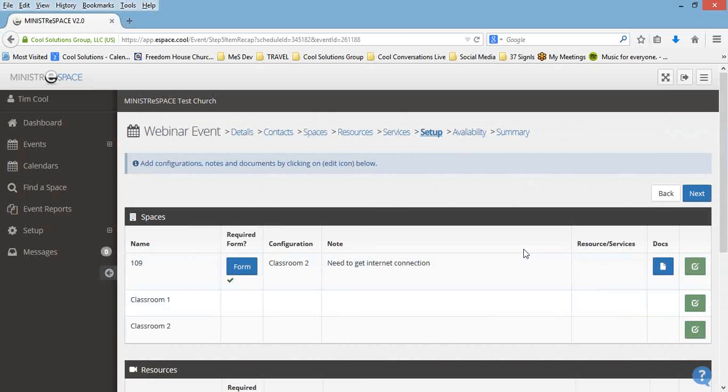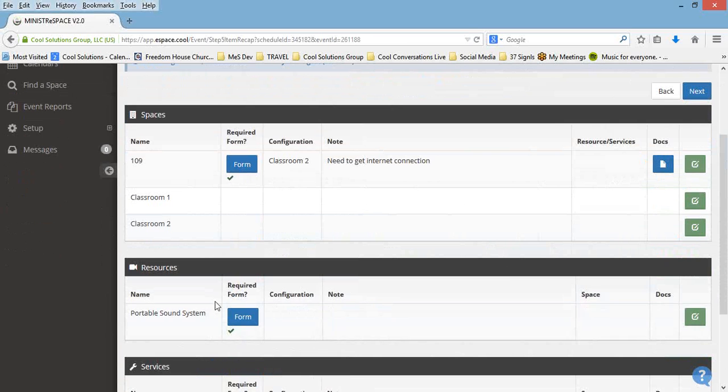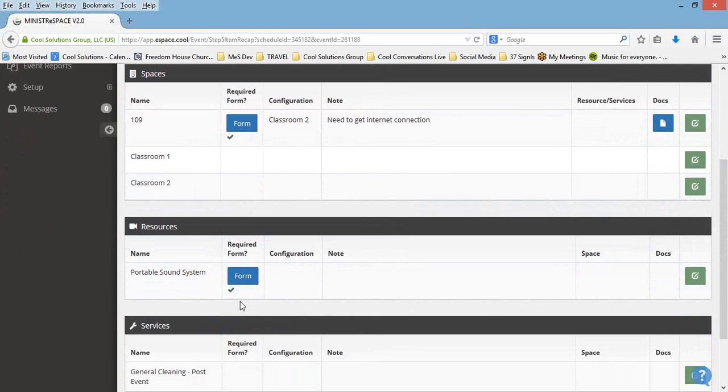Click Save, it'll take me back to my dashboard, to my grid, and now it's been marked. Now, you're going to love this new feature. If you recall, in the old system, I have no idea what room the portable sound system is to be set up in. So if I click on this green box,